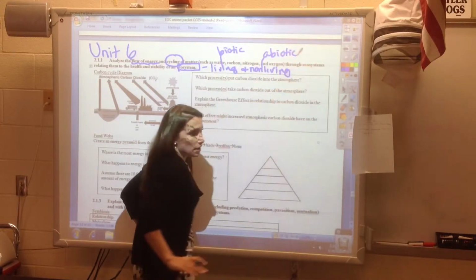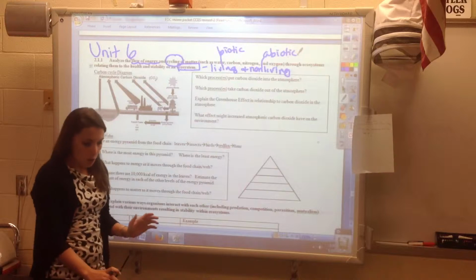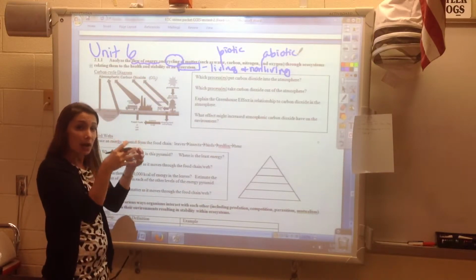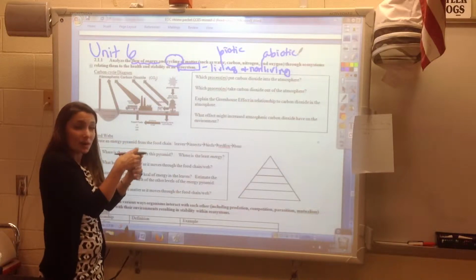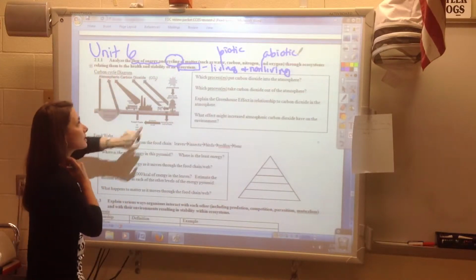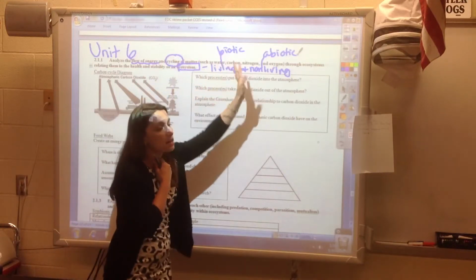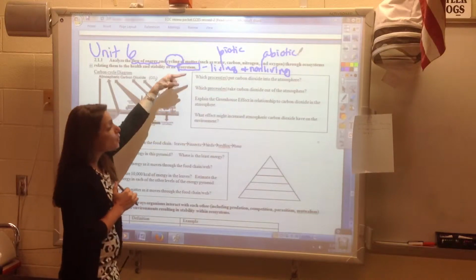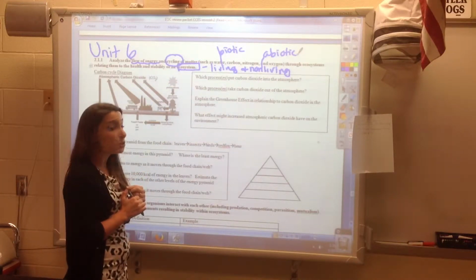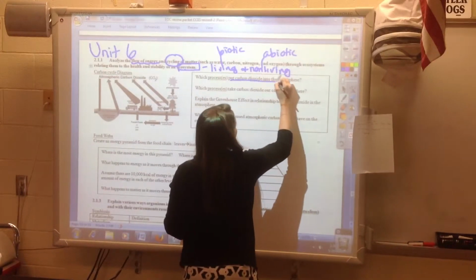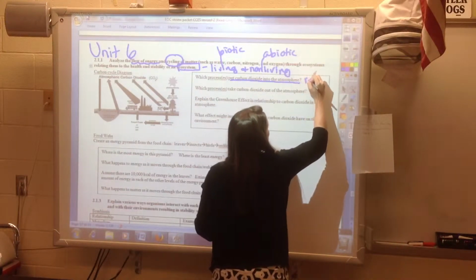And so in Unit 6, we talked about what are the levels of the biosphere, biome, ecosystem, community, population, and niche. And so this is looking at the ecosystem, how living and non-living things interact. Which processes put carbon dioxide into the atmosphere? Putting carbon dioxide into the atmosphere means that you release